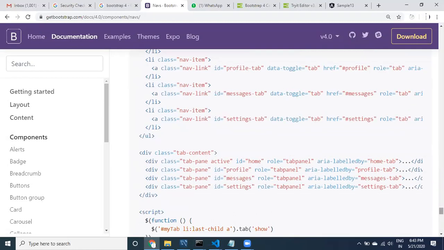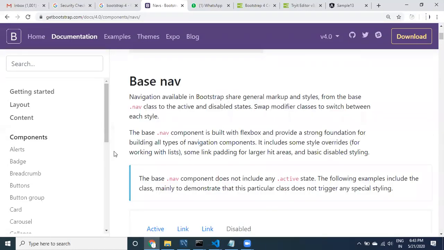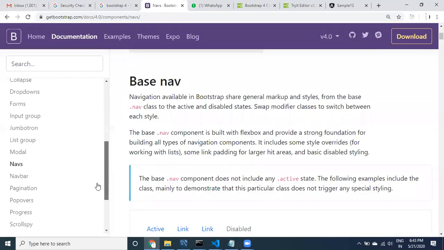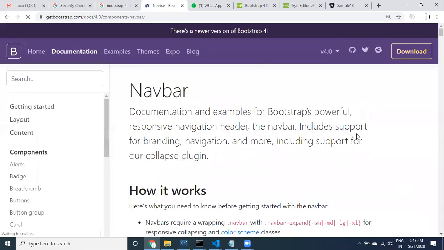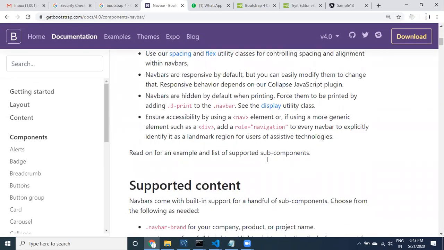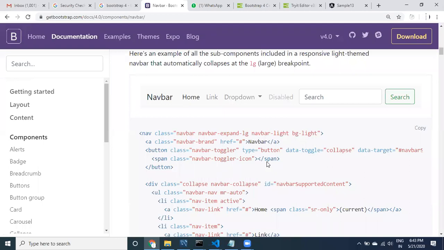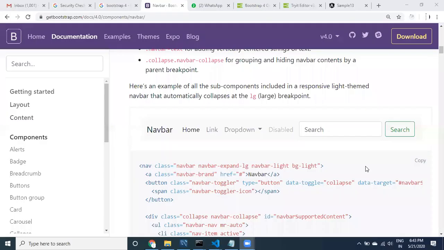So we are talking about base navs, right? Go to navbar and all. Base navs is okay. We have already seen navbar. That is a billion dollar question actually, that you need to do. Yes, we can do it also. That is an exercise for you: whenever you click on such a module, you have to highlight that one.